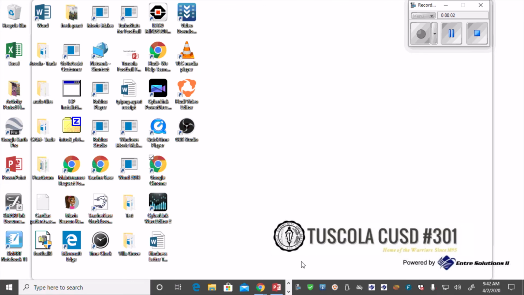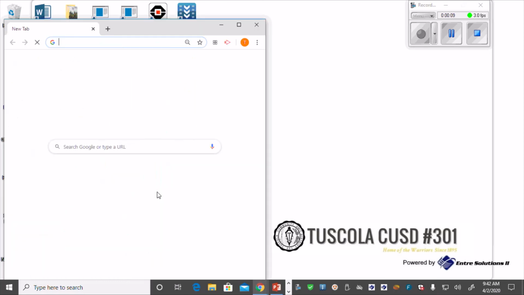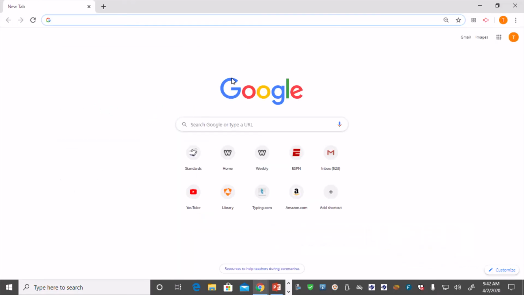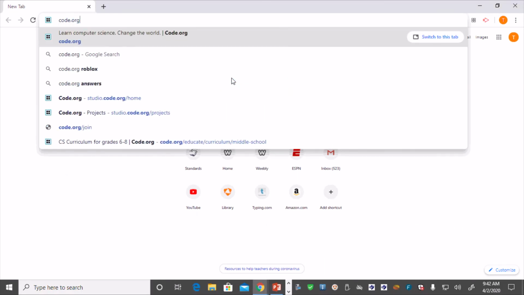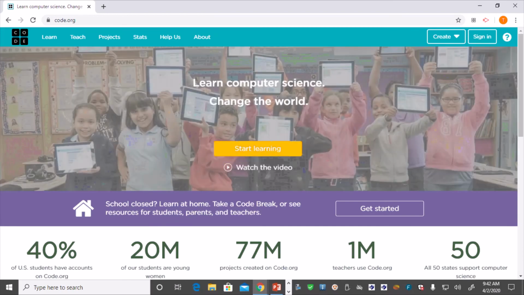All right, so I'm at the computer now, and I'm just going to get on the internet, open up a Google Chrome window, and the website I want to go to is code.org. Okay, so I go there,